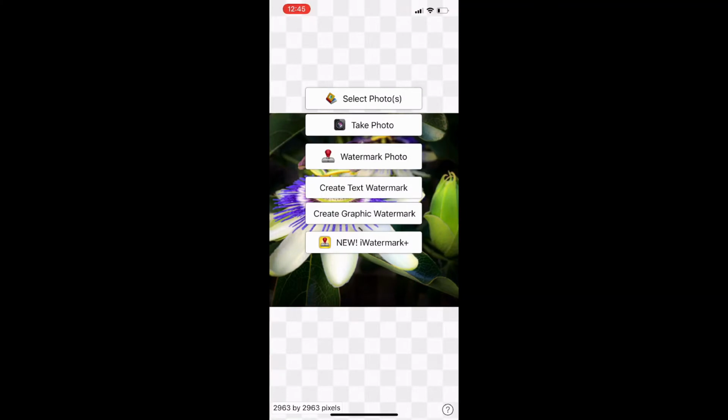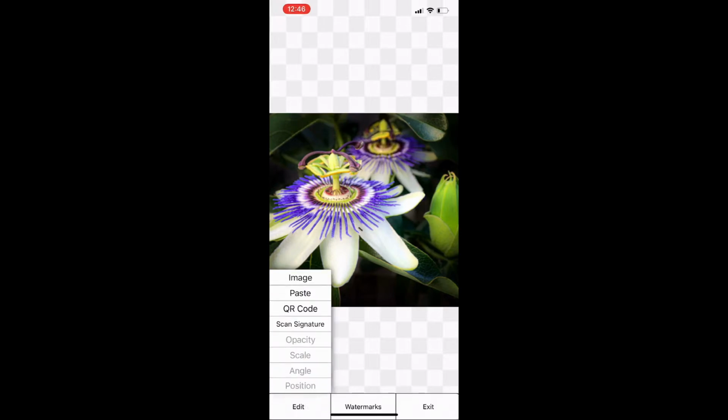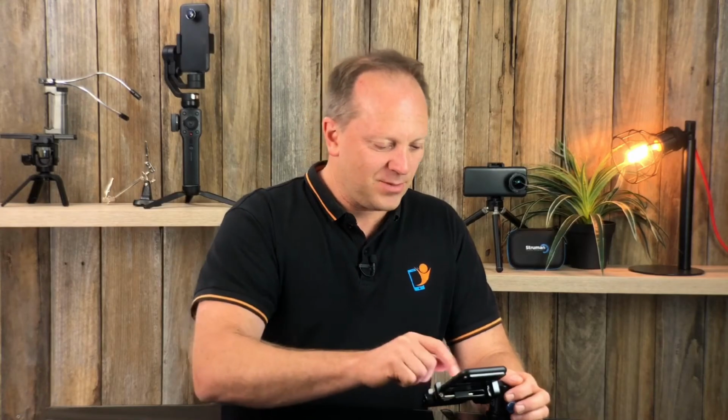Now what I want to do is create a graphic watermark. There's lots of options here, it's fantastic. You can take a photo, which works, but there's no transparent background, so basically you're just slapping a photo on top of this photo. Or you can create text watermarks, so you can just have the words, like copyright 2021 or whatever year it is, or your name. You can create a graphic one, which is what we're doing. You can even scan a signature, how cool is that? But I'm going to use the image, so I'll tap on that, select my image,